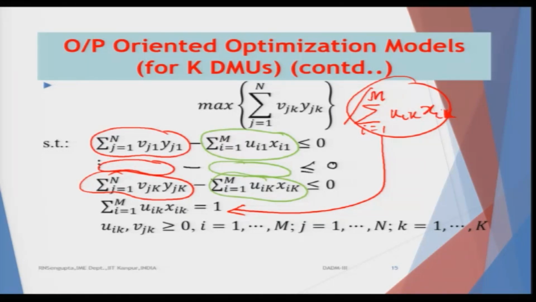such that for the optimization problem I have converted it from a ratio to a maximization of a linear function, because this is a linear function. The constraints are already converted into linear ones, because the ratios of less than or equal to 1 have been converted into sum part minus sum part, bundle of outputs minus bundle of inputs is less than or equal to 0 for each and every k, or the 10 DMUs, and the 11th constraint is basically the bundle of inputs which is coming from the objective function.